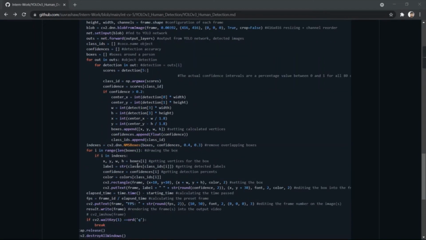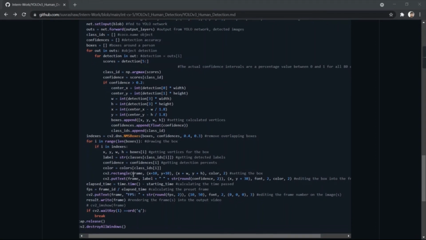Okay. Now these four variables will be for getting the vertices for the box. Now the label variable will store the data labels. Okay. The confidence variable is for getting the data percentage. And now for setting the boxes, we have used dot rectangle.